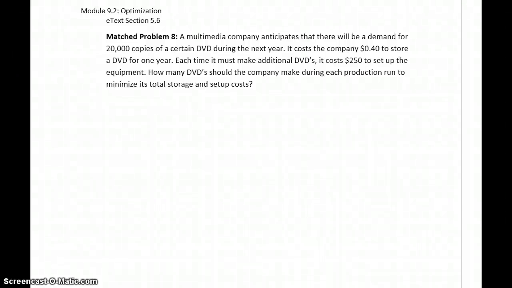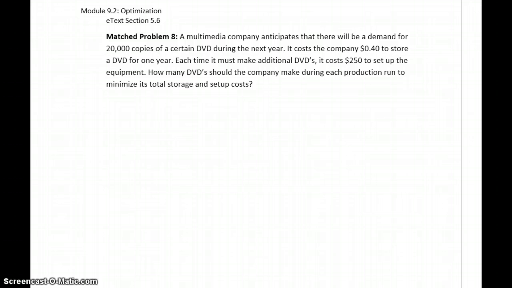The last type of problem that we want to look at in this module is what's called an inventory problem. So in this case, we have a company that is producing DVDs. It costs the company 40 cents to store a DVD for a year. Each time it has to make additional DVDs, it costs $250 to set up the equipment. So the question is, how do we best conserve our money? How do we reduce our costs